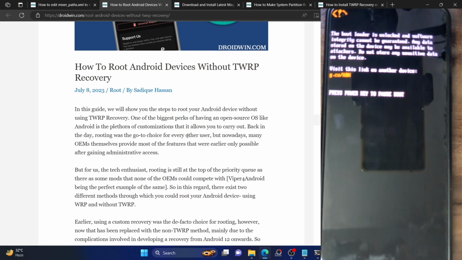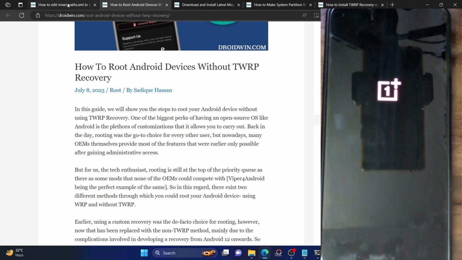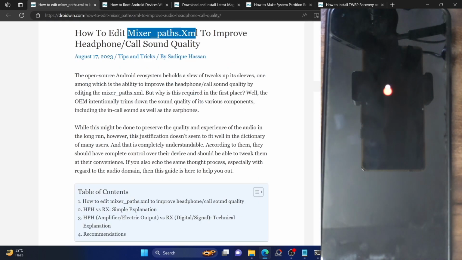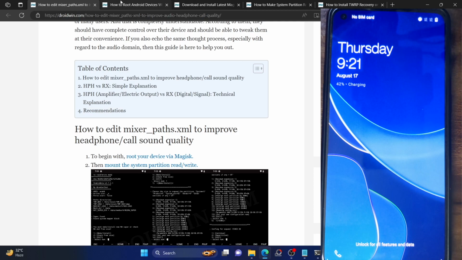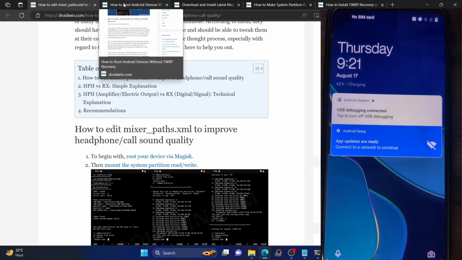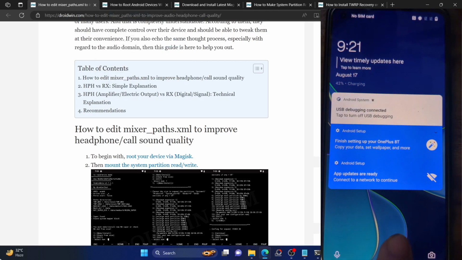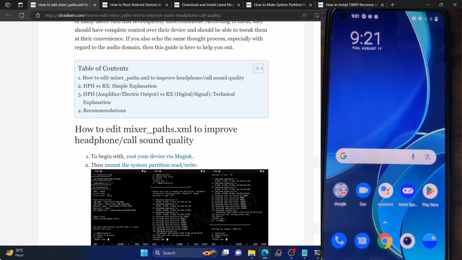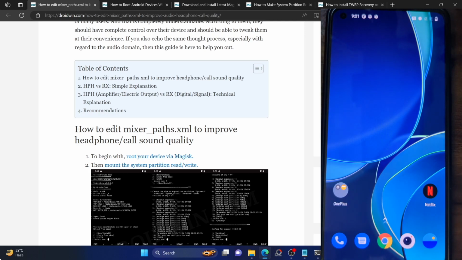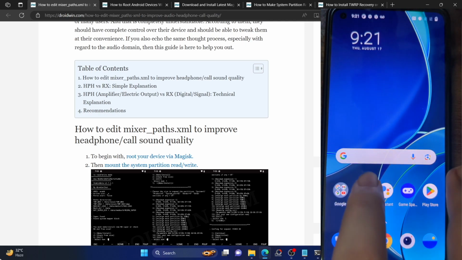So I am again repeating, I am currently doing the first step, which requires you to root your phone via Magisk. For that, I am using the recovery method. You are free to use any of the two methods. You could also root your phone via the non-recovery method. In that, you have to patch the boot file via Magisk and flash it via fastboot. Anyway, I am using the recovery method. I have flashed the recovery and then I have flashed the Magisk zip file or the APK file. Both will do.